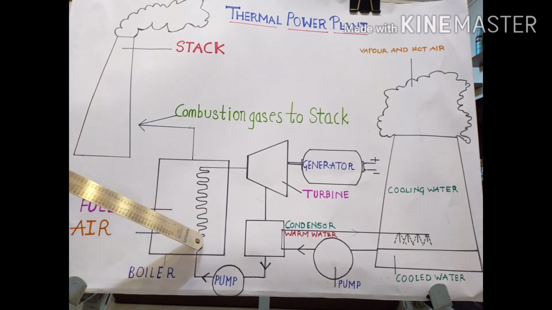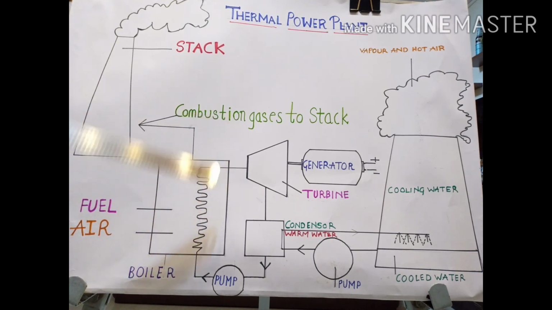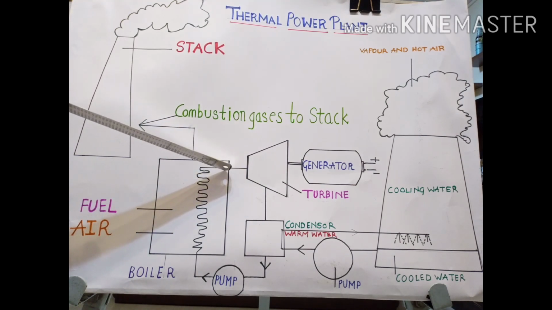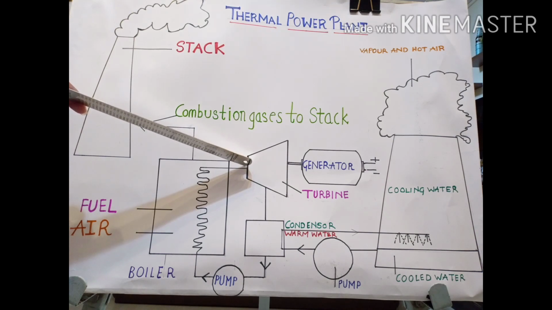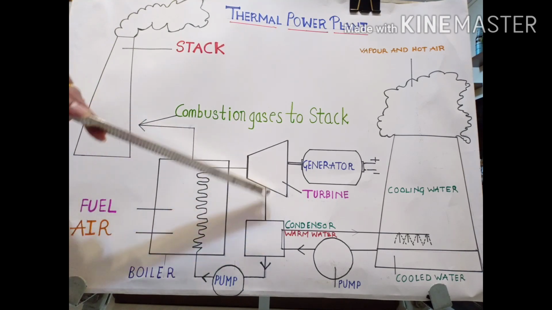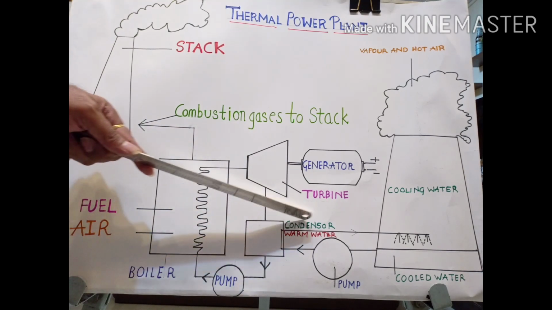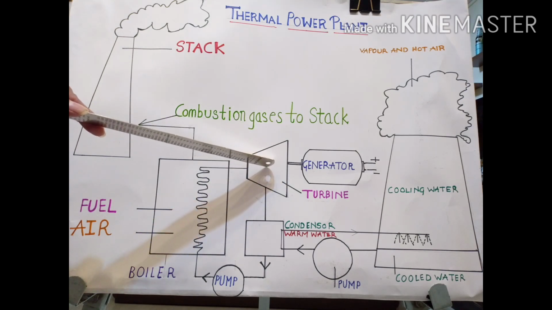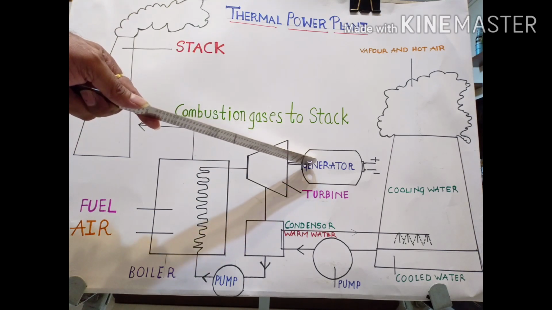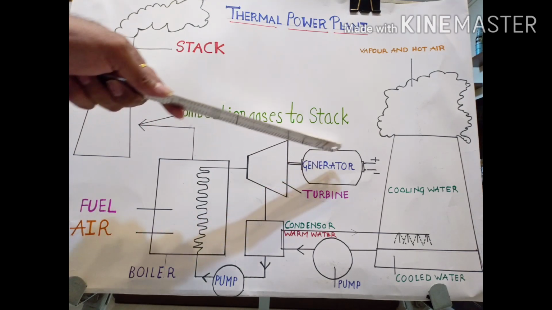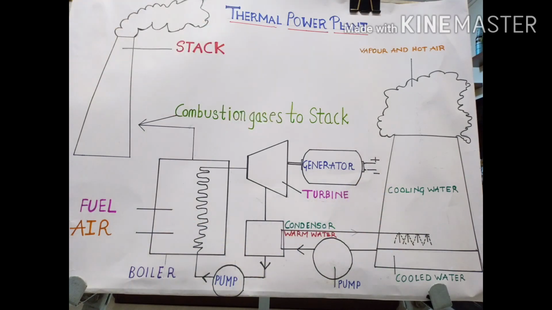Then you have water. Then you have the turbine. Whatever steam gets generated from the boiler is directed onto the turbine, right? After the steam drives the turbine, the steam falls into the condenser which takes it to the cooling tower. Once the turbine starts rotating with the help of the steam, the turbine rotates the generator through the shaft, and the magnet connected on the shaft starts rotating near a coil, thereby producing electric current.